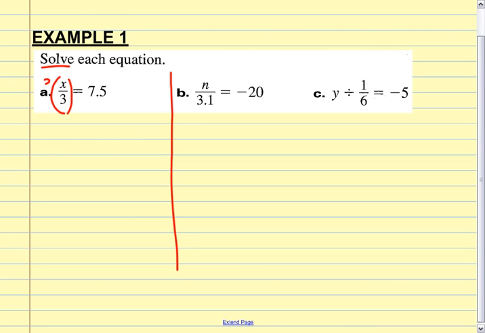So I need to multiply this side by 3 over 1, right? If I've got one of them as a fraction, they have x over 3, it's a fraction. Then I have to write 3 over 1 as a fraction. And I have to multiply the other side by 3. Now Sam was perfect there. He said that's going to give us 3x over 3 is equal to, can someone tell me what is 7.5